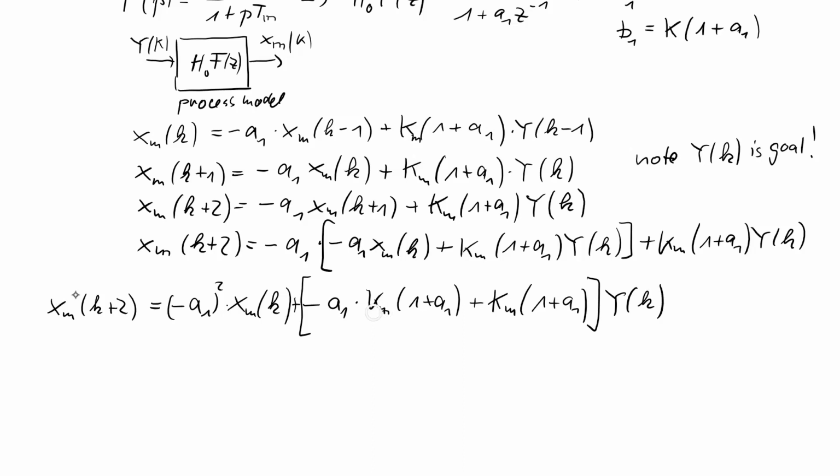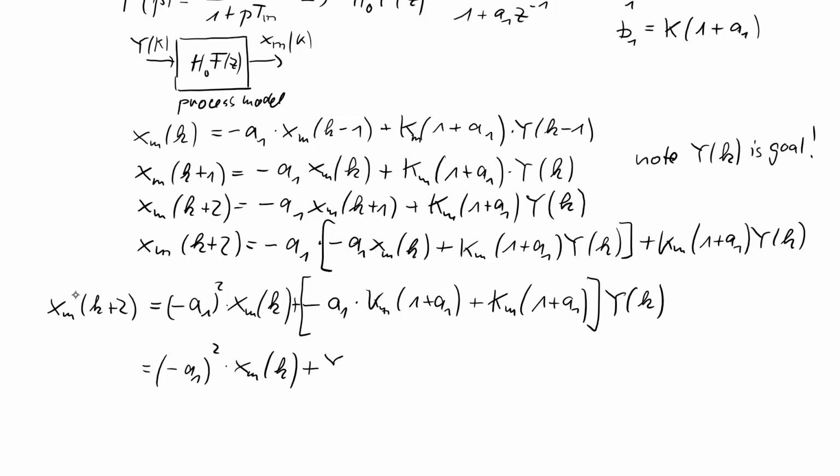So look, km1 plus a1, the b1 here, this is b1, and this is 1 times, and this is multiplied with minus a1. So we can write this is minus a1 squared times xm of k